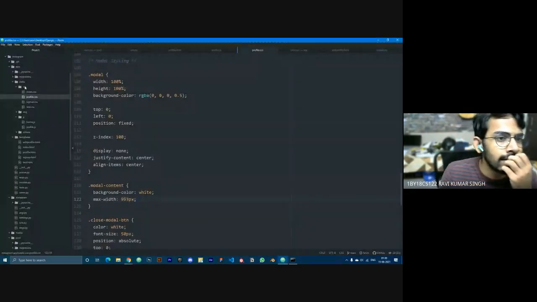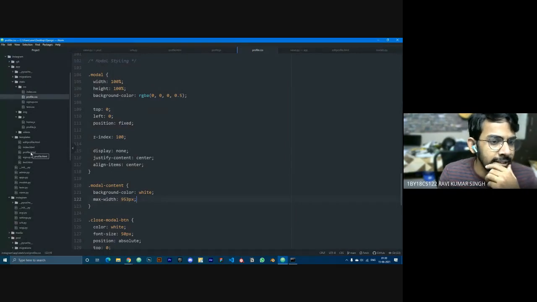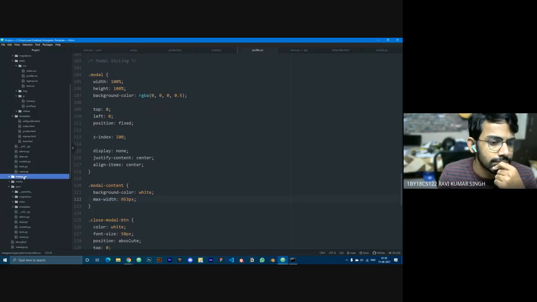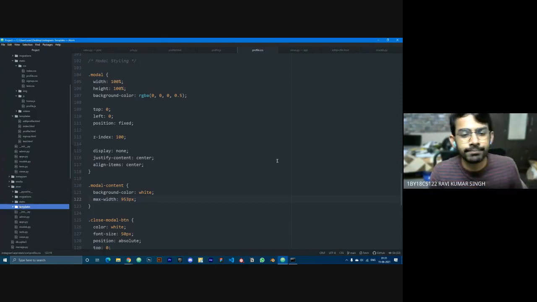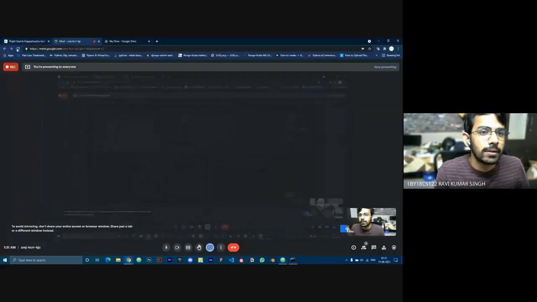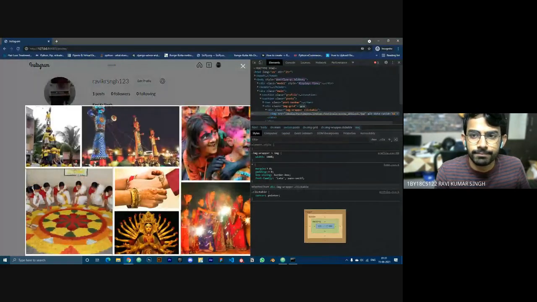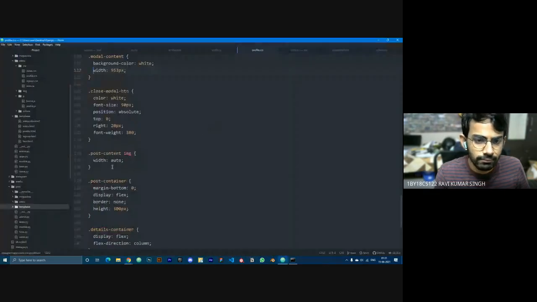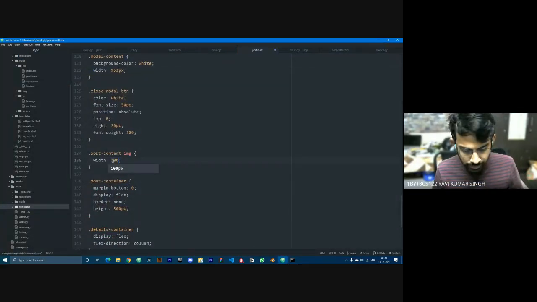Where did I end it? Profile.html and okay, we'll just set it to width 100%.